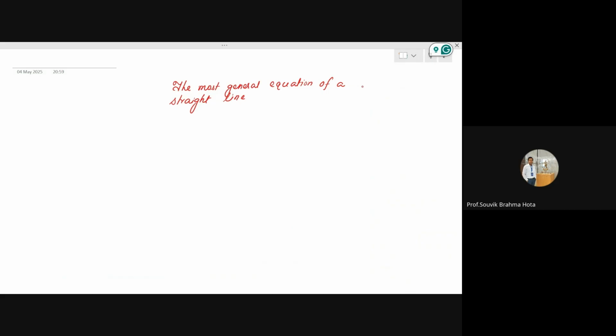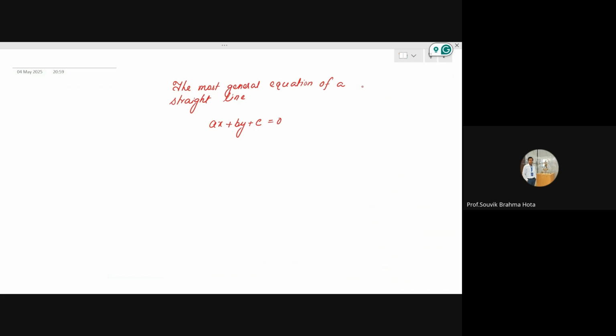like ax plus by plus c. This is a linear equation. There are no cubes, no squares. Squares means it is kind of quadratic in nature, cube means it is cubic, but there is no power on it, all powers are one. So that means it is a linear equation, and this is the most general equation. In this equation, you know, in some cases, sometimes if a becomes 0,